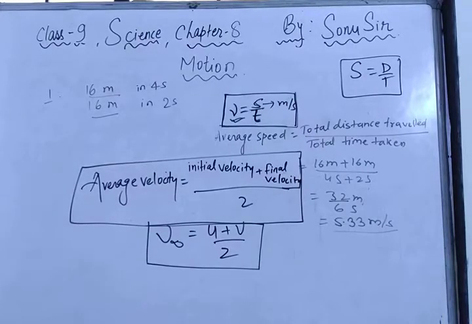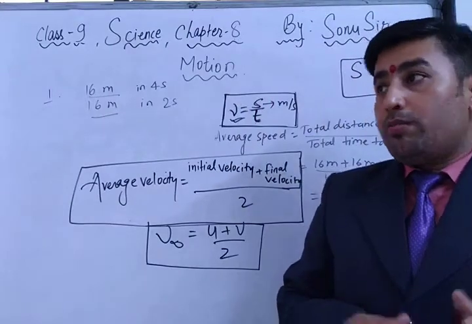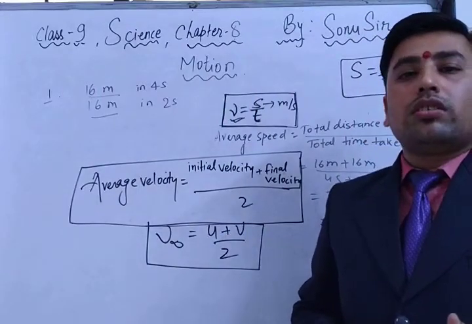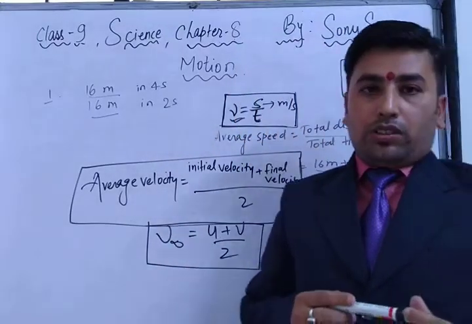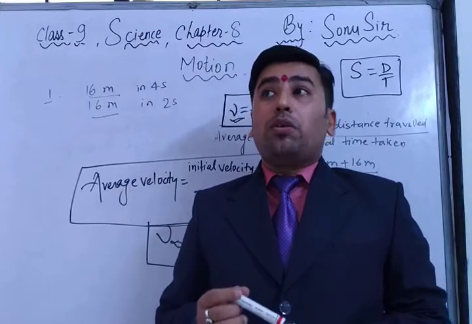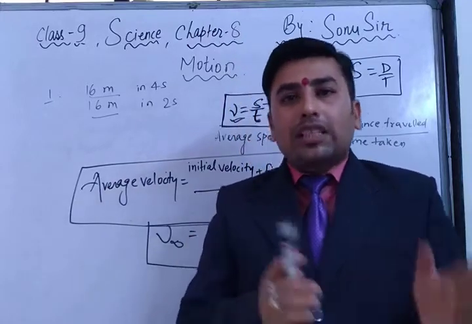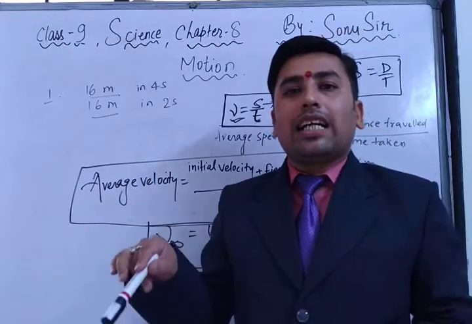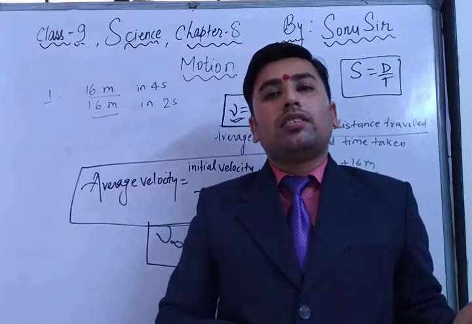Speed is a scalar quantity and velocity is a vector quantity. Now the question is, what is a scalar quantity and what is a vector quantity? A quantity in which the magnitude and direction both are there is a vector, and in which only one thing is there, that is called scalar. Suppose I want to go 5 kilometers. This is a scalar quantity. But if I want to go 5 kilometers north, that is called a vector quantity. It means magnitude plus direction. The magnitude is 5 kilometers and the direction is north. So if both things are there, it is a vector quantity, and if only one thing is there, it is a scalar quantity. Got it?